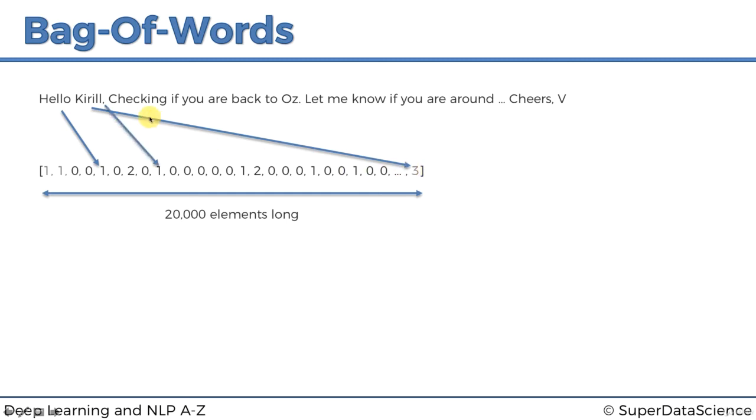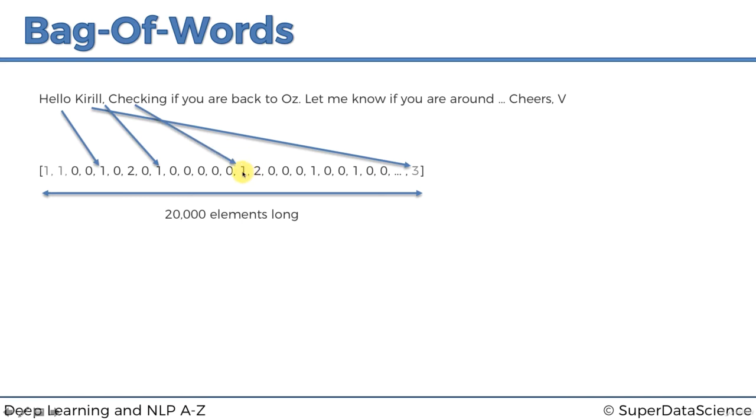Then we've got the comma. Surprise, the comma also has a position. Let's say it was in position number 3, 6, 7, 8, 9. So the 9th position is associated with a comma because we have 1 comma in our email. Oh, actually we have 2 commas. Okay, so this should be a 2. But let's not think about that comma. Let's forget about that comma. I didn't notice it. So assuming we have 1 comma in our email, this is a 1.